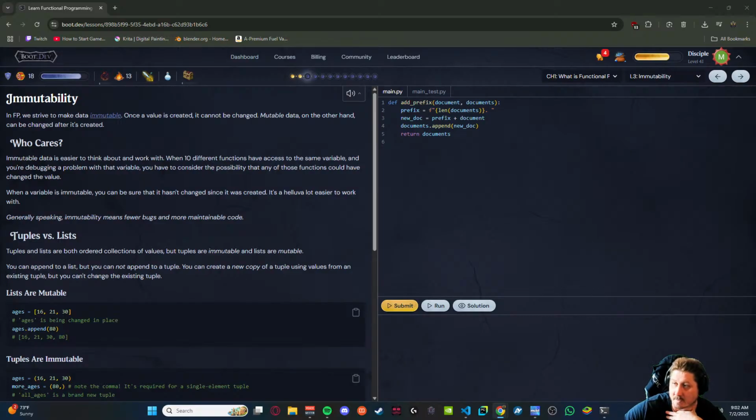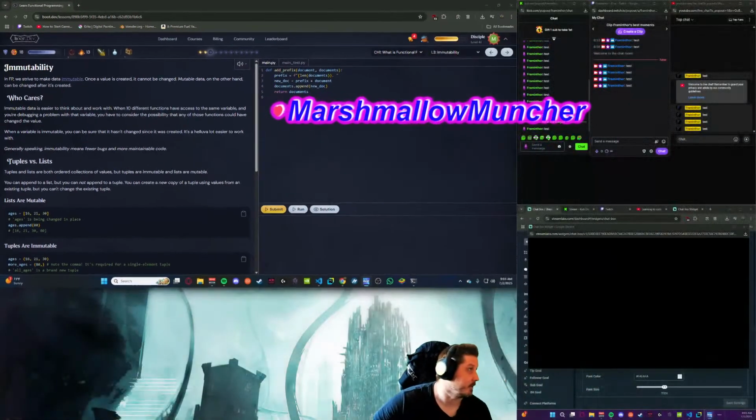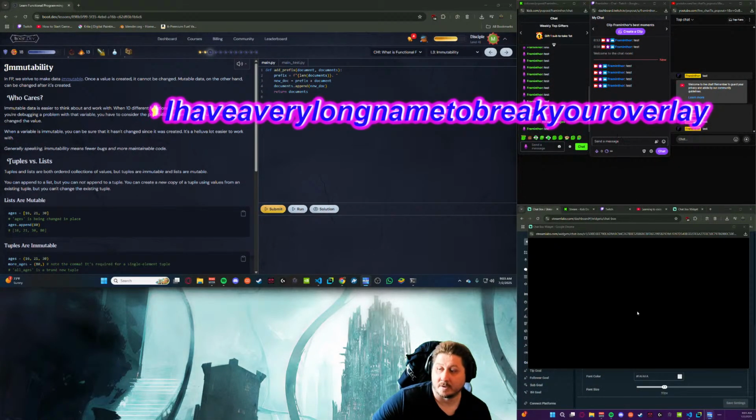I'll keep the settings regardless though. And then this is the chat. Because here's the problem, right? When I'm gonna be using WSL and stuff, I'm gonna need this stream, whereas this would be the code.